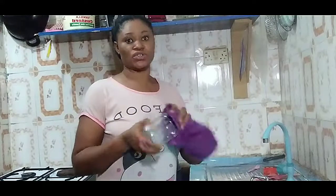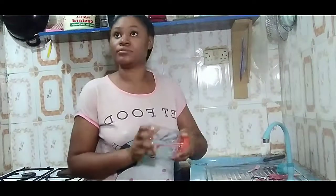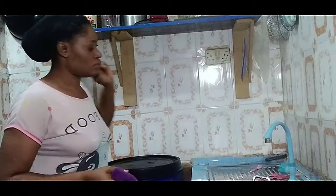This is my crayfish container. I'm out of crayfish. I've placed orders for more. So when it comes to making use of that,